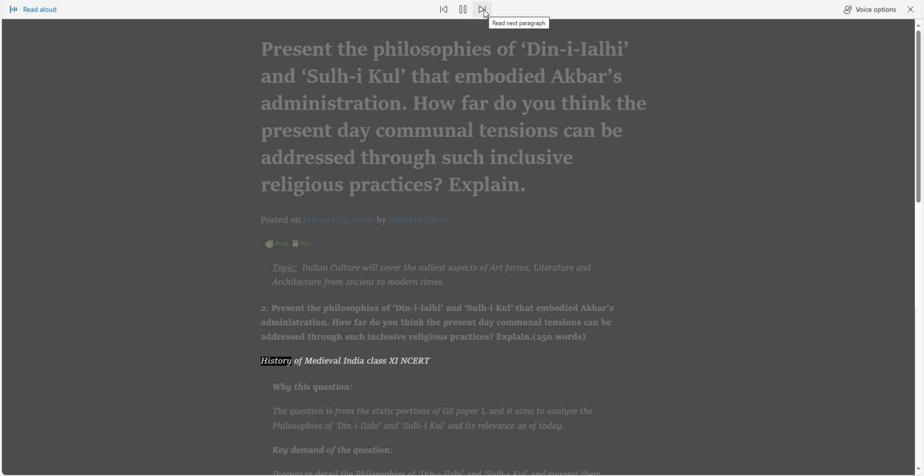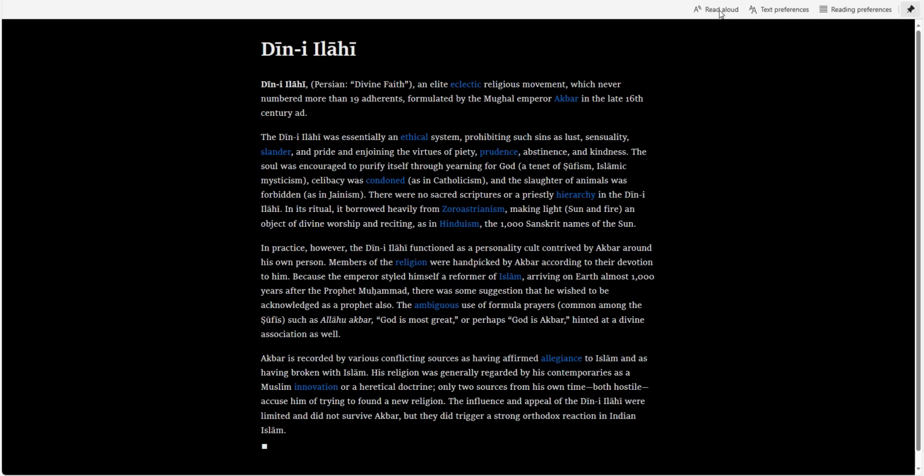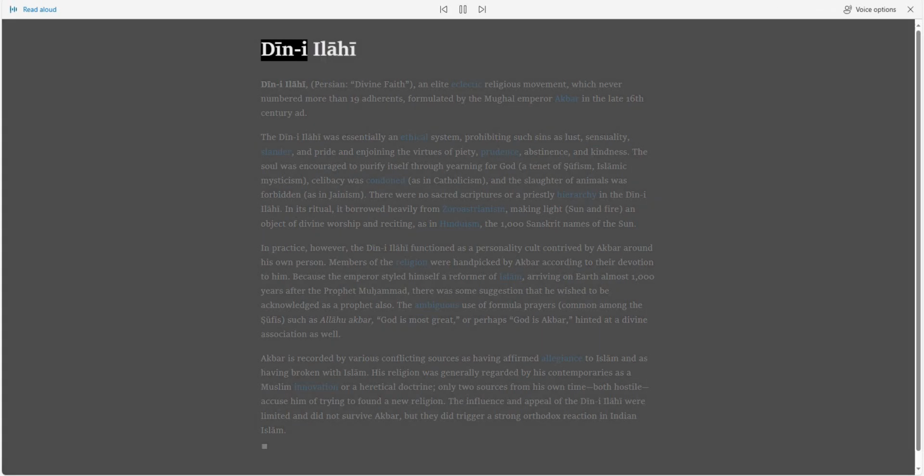History. Why this question? That portion was not relevant. I'm going to read this portion, which is a relevant one. Din-e-Ilahi, Persian for divine faith, an elite eclectic religious movement which never numbered more than 19 adherents, formulated by the Mughal